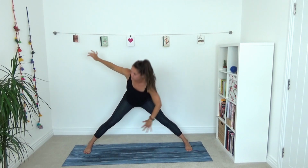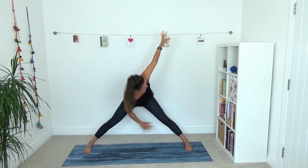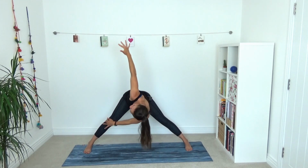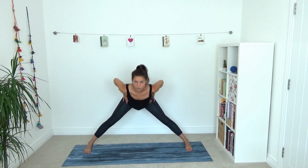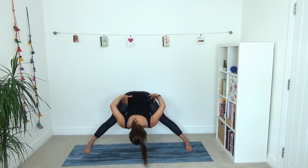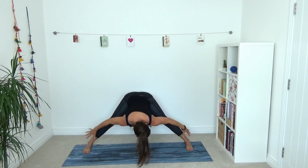Especially for your last round, feel the grounding through the feet. Feel your upper body in that nice open twist. One last time over to the left. Very nice. And then as you come back to center, inhale here, bring your hands onto the hips, lift the chest, and then exhale, forward folds. If your floor feels a bit far away to reach with your hands, you can have your hands on either